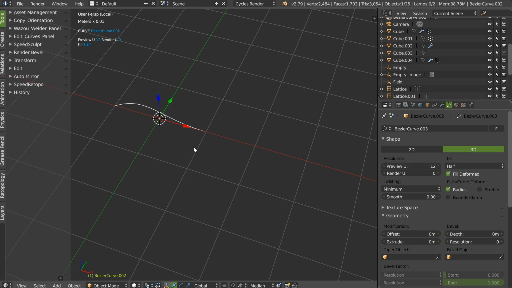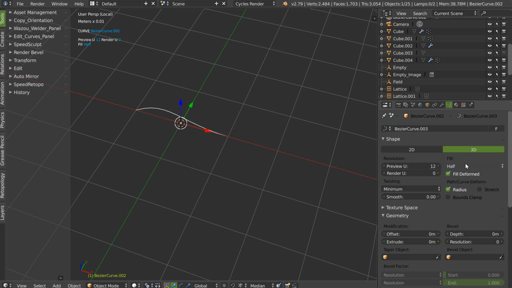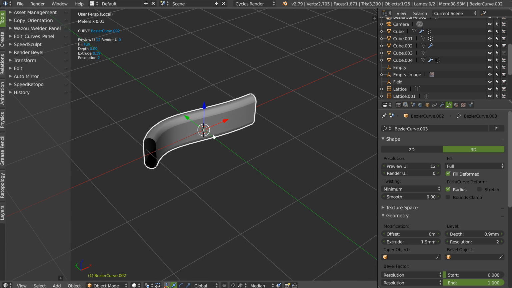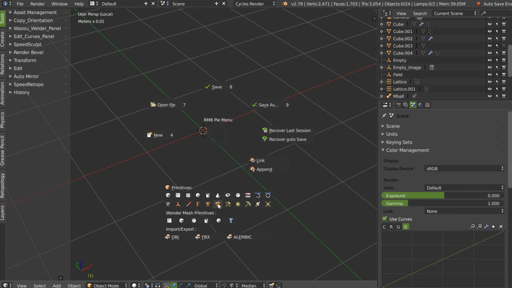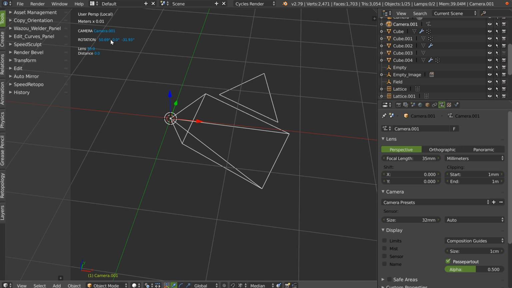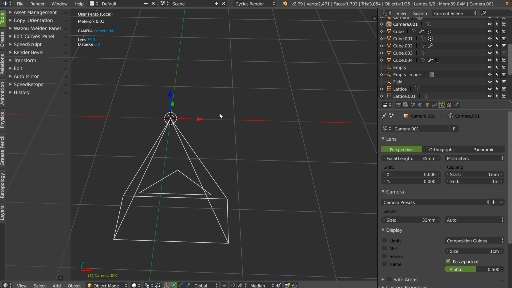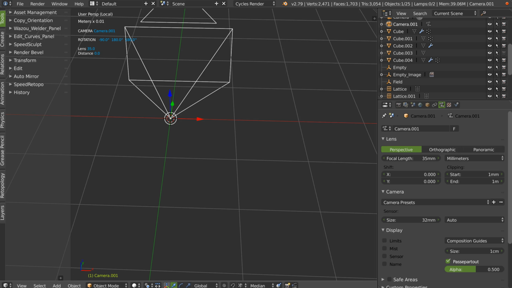I will add a curve. Same for the curve. You will have also the mode, fill mode. No, this one. Like this. If you add a camera, poof, you will have the camera, the rotation, Alt R, RX90.